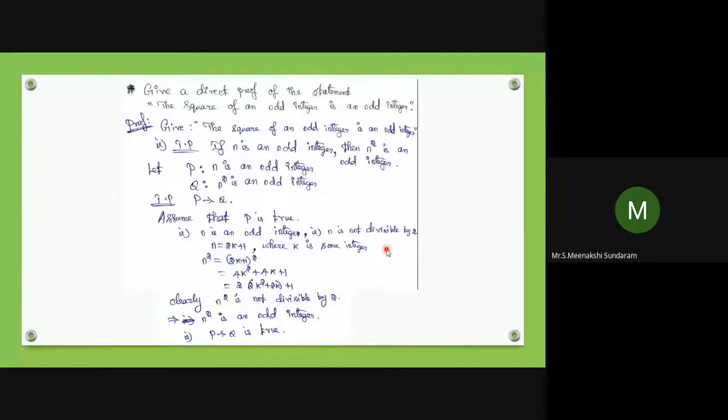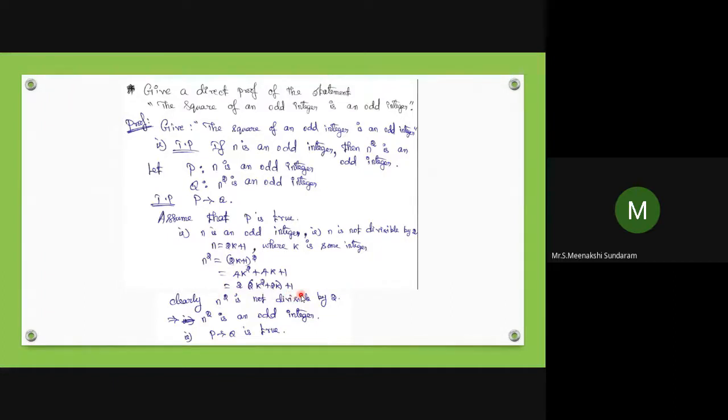We know that an odd number is 2n plus 1 or 2n minus 1. Normally we can write 2n minus 1, putting k equal to 1, or 2n plus 1, putting n equal to 0, and we can start. I like to take n equal to 2k plus 1, where k is some integer. So if n is an odd integer, I can take it this way. Then n square is (2k plus 1) the whole square. Using (a plus b) the whole square is a square plus 2ab plus b square, I take the first two terms with 2 common outside: 2(2k square plus 2k) plus 1.